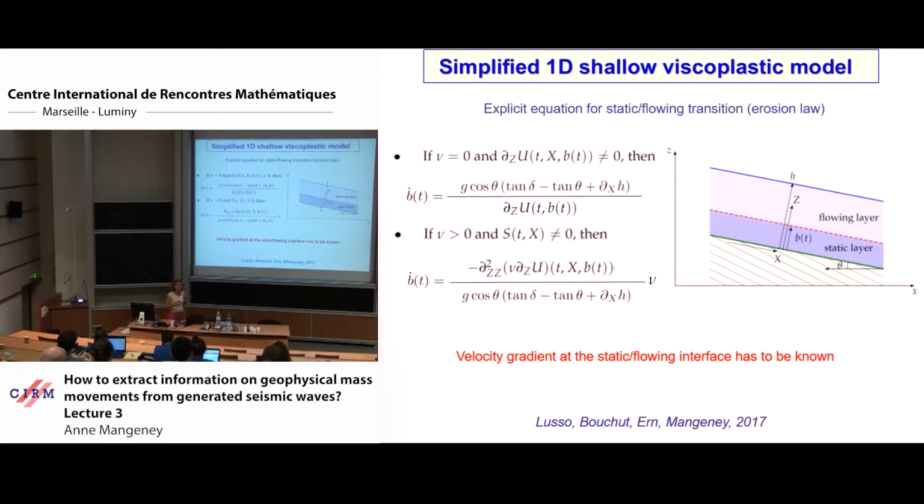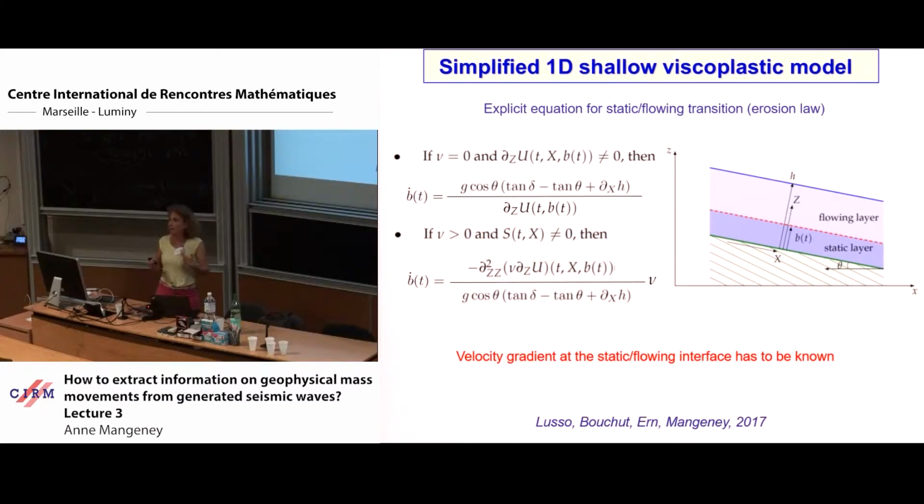And until now, a lot of people gave some empirical functions. And what was the work of Christelle Lusseau in her PhD was to start with the Drucker-Prager full Navier-Stokes equation and find analytical solutions in simple cases. And in this case, it's a uniform flow. So you have a uniform flowing layer above a uniform static layer. And you look at a given position in space as a function of time. And then this static flowing interface will change. It will go down and go up until the material stops, for example.